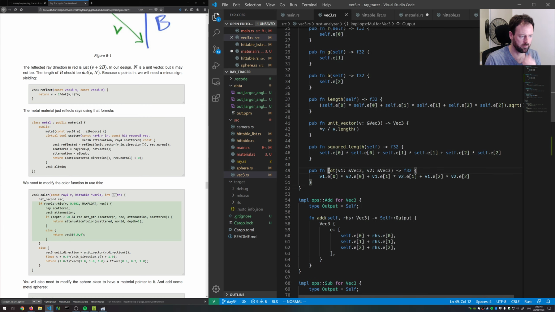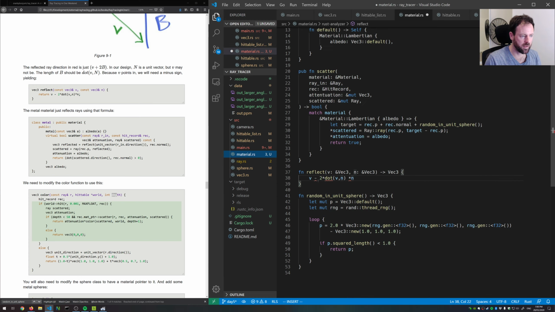Did implement dot. Okay, so we'll use that. So it's basically vec3 dot times n. That looks good to me,